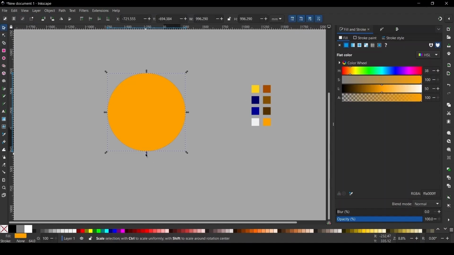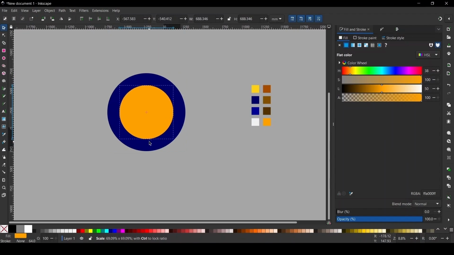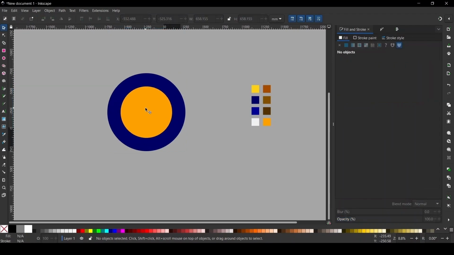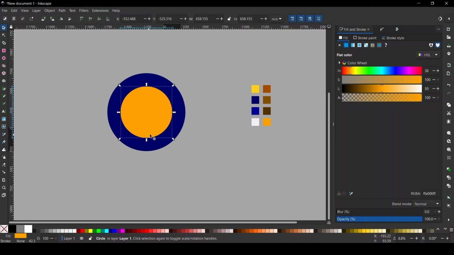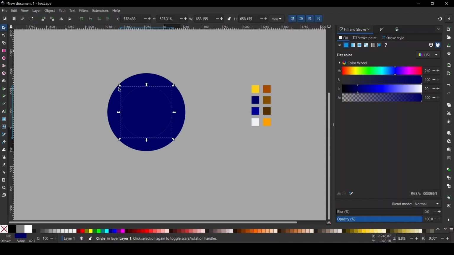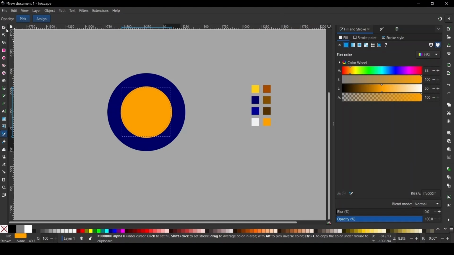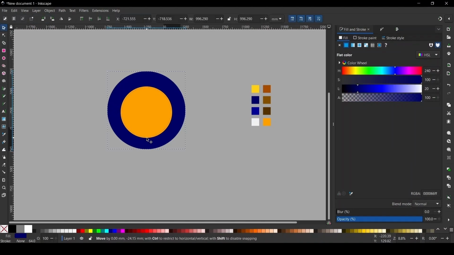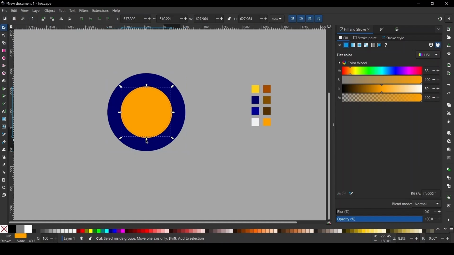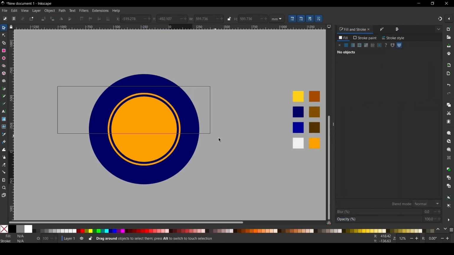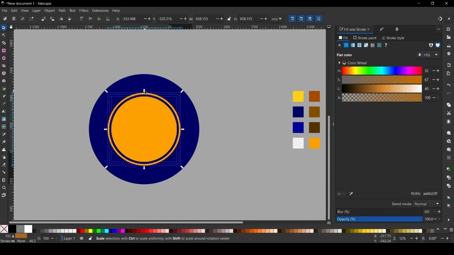Hold Ctrl and Shift, scale this down to about that much. And then Ctrl D one more time, give it this blue color again, and then scale it down. And then Ctrl D one more time, and let's give it this same orange color, scale that down. What I'll do next is I'll just select all of these inner circles, and I want to make them just a little bit bigger,